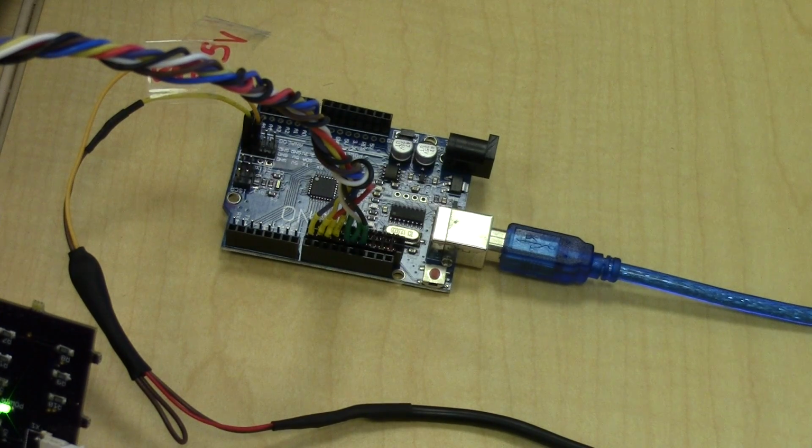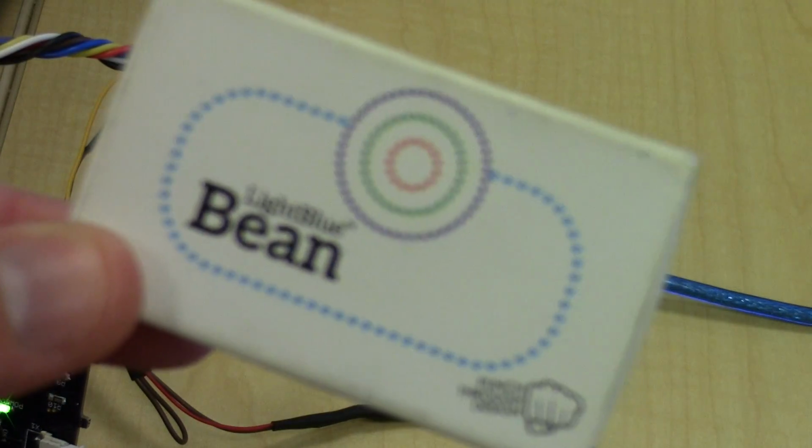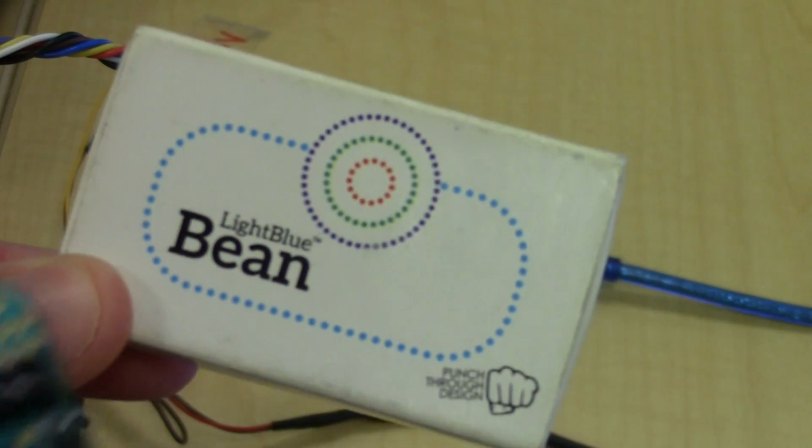So I wanted to quickly talk about the other part of the hardware besides the PCB that I designed. Actually, it was one of the easiest parts of the project: using an Arduino to interface from my computer to the PCB and to the typewriter. I actually started out using the coolest little Arduino compatible microcontroller called a LightBlue Bean,